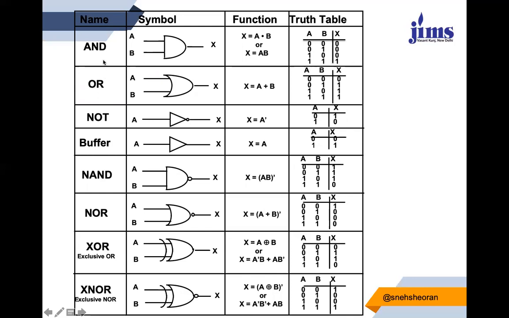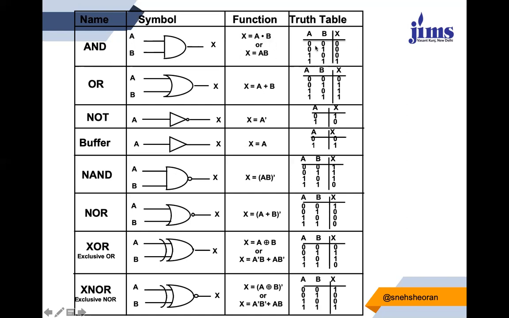There are three basic gates: AND gate, OR gate, as well as NOT gate. In the slide, the logic symbol of the AND gate is represented in this way. Generally, we take the AND gate as a two input gate which produces one particular output. The logic function responsible for the AND gate is this. You can write X equals A.B, or X equals A dot B. So the logic function done by an AND gate is AB.